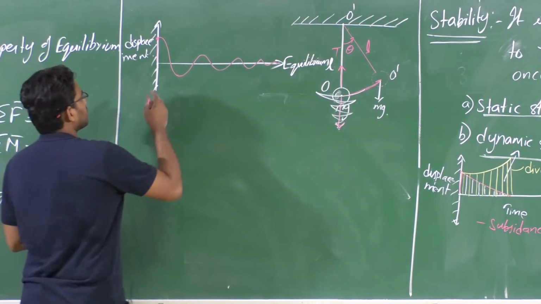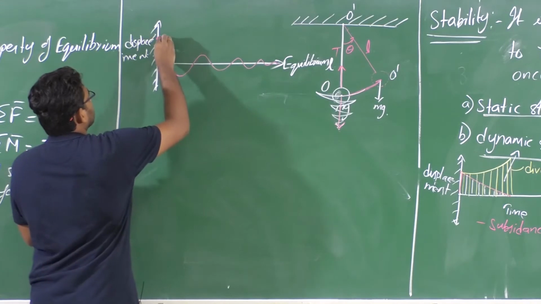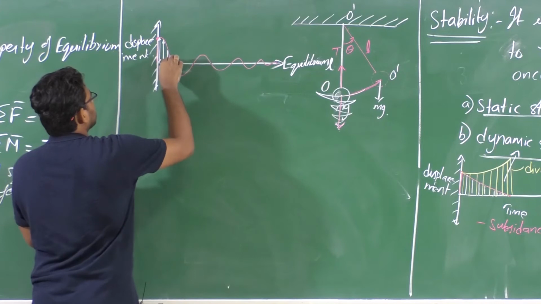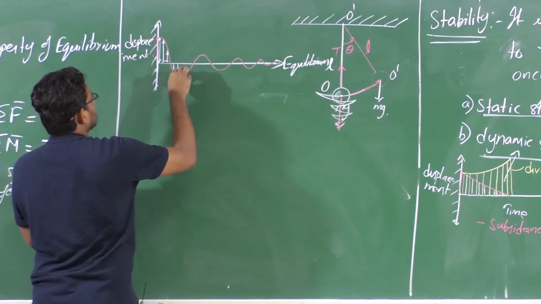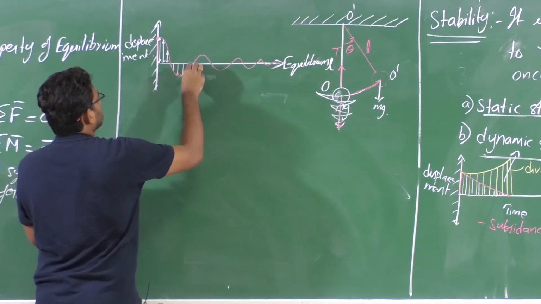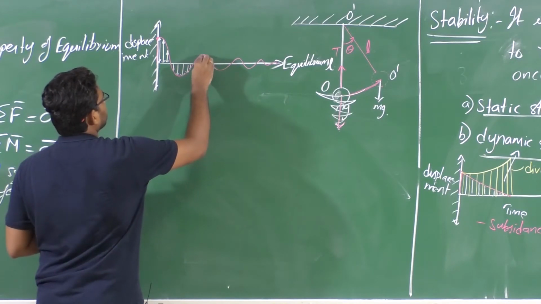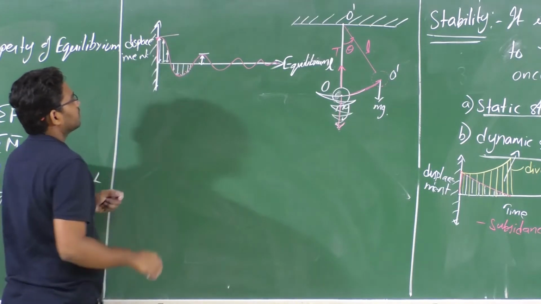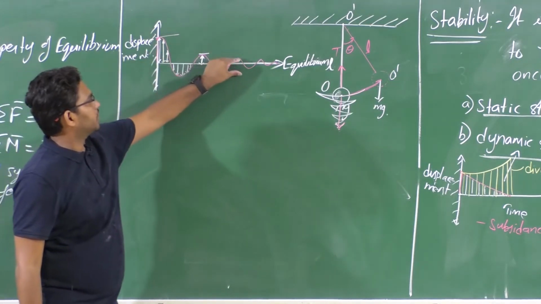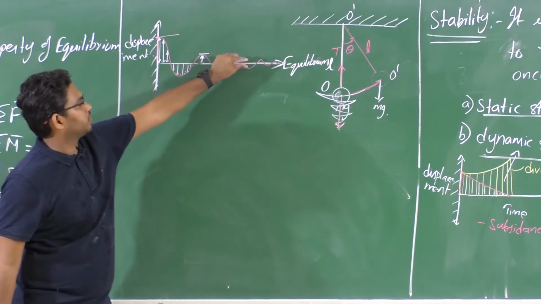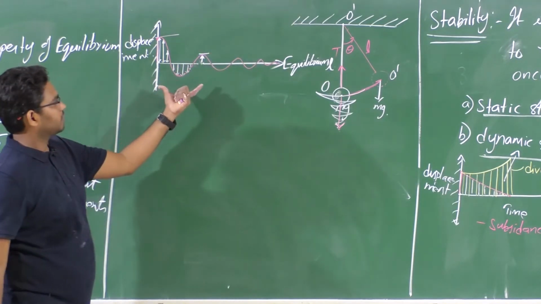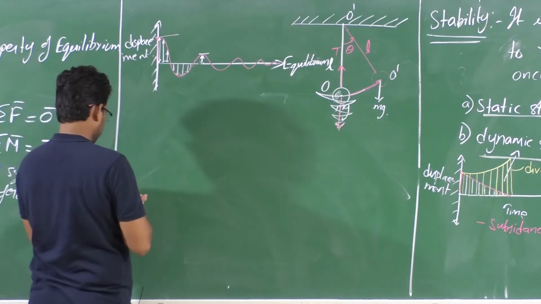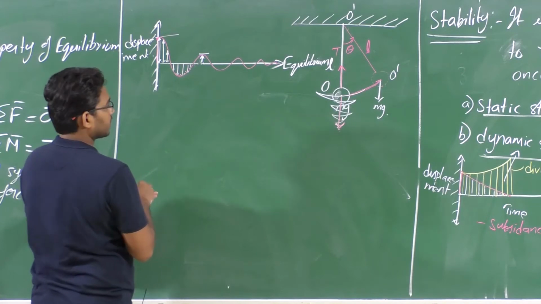It's why? Because see here the amplitude is this much, so with time it is changing. Here it is decreasing, and here it is in the opposite direction, right? If you see, the maximum amplitude is significantly decreased compared to the initial amplitude. So with time, if this amplitude keeps decreasing, then we can say this is a dynamically stable system. So let's move on to the second case as well.